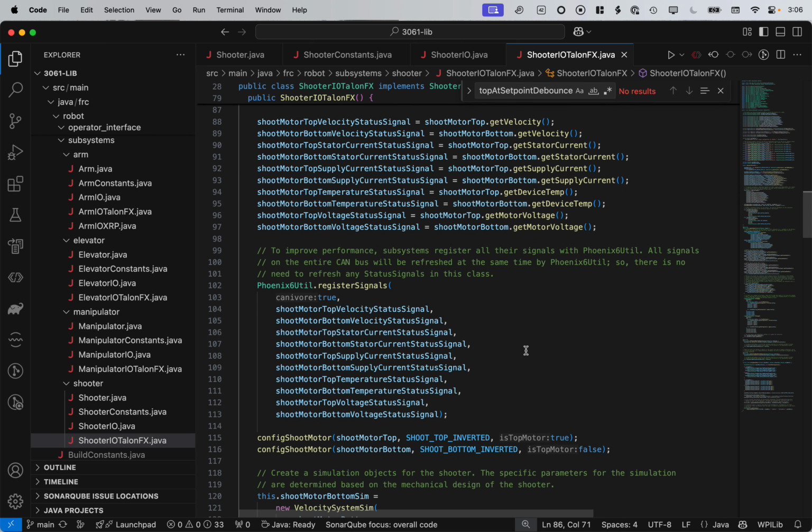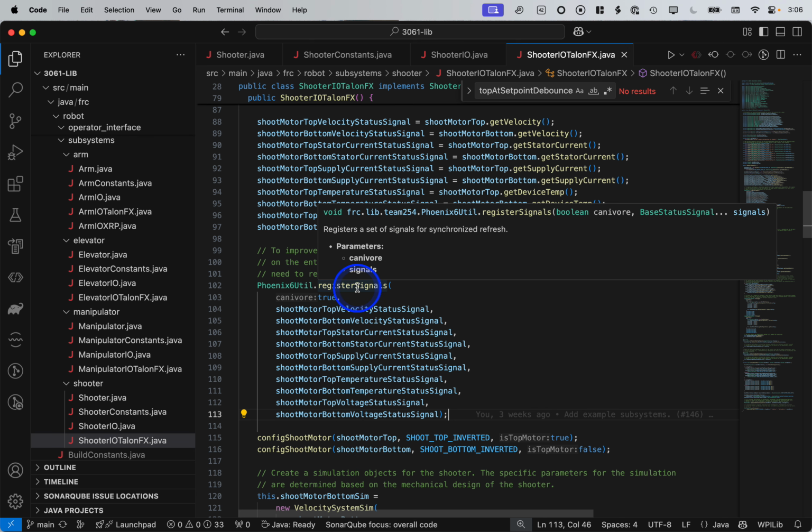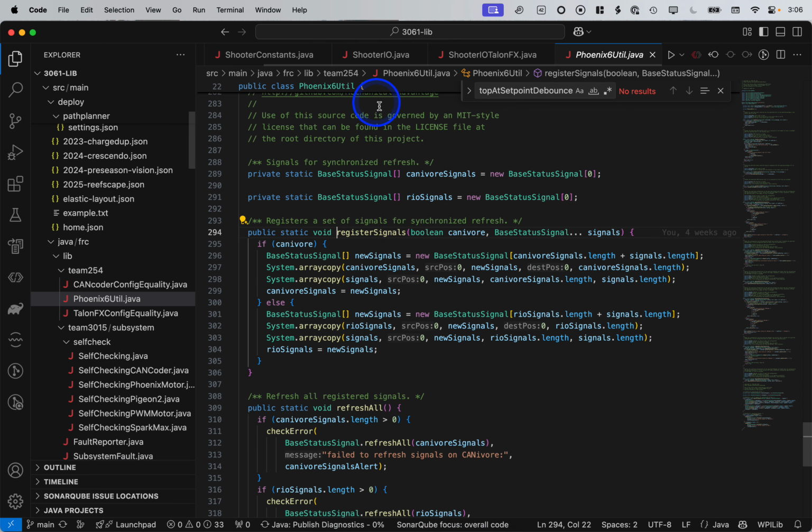And then here's something we do for performance. We register all of these signals with Phoenix 6 utility. And the reason why we do this is to improve performance. So every subsystem will register all of its signals with Phoenix 6 utility. If we look at how that is done,